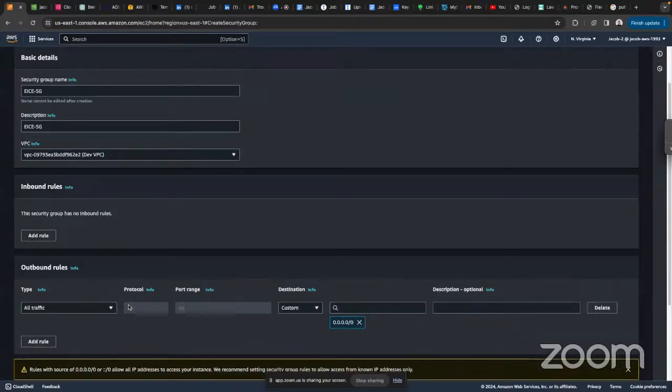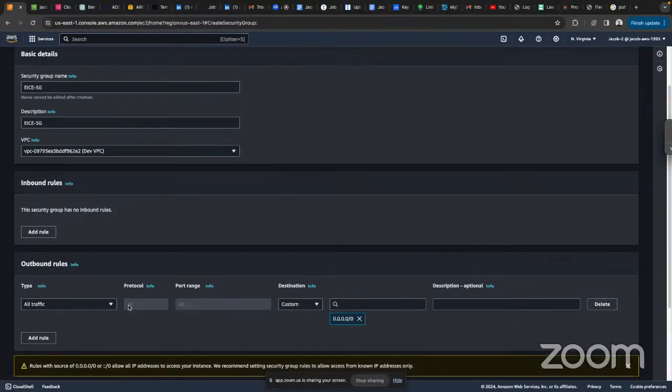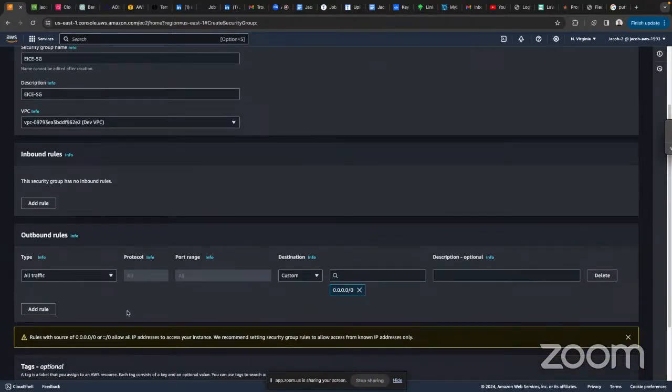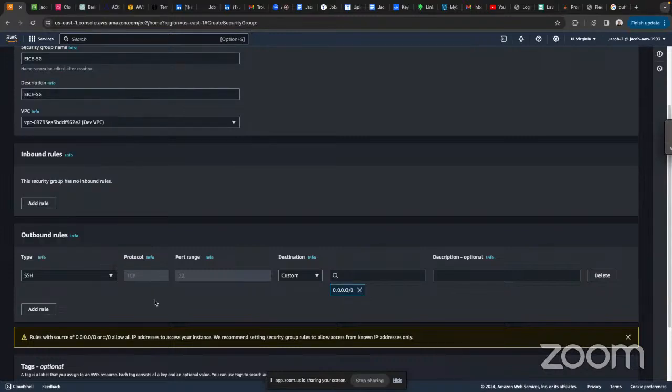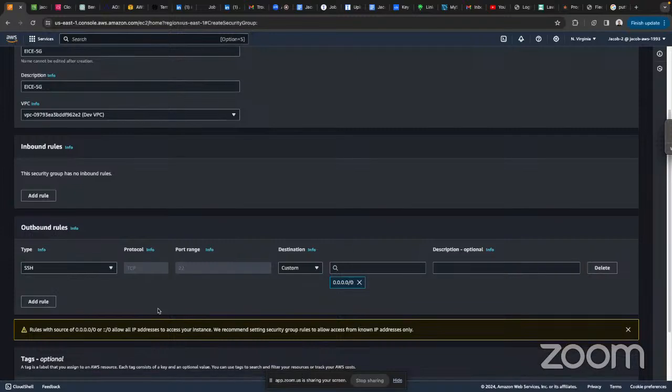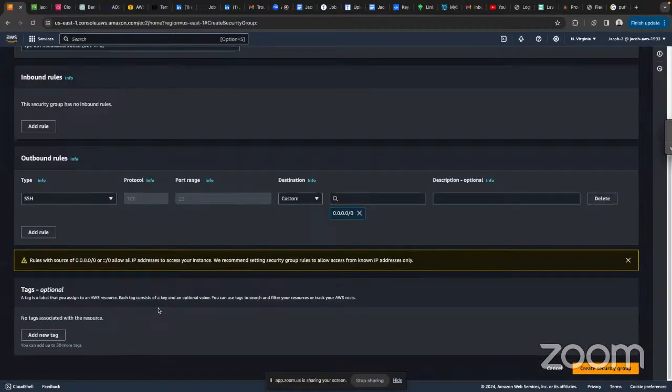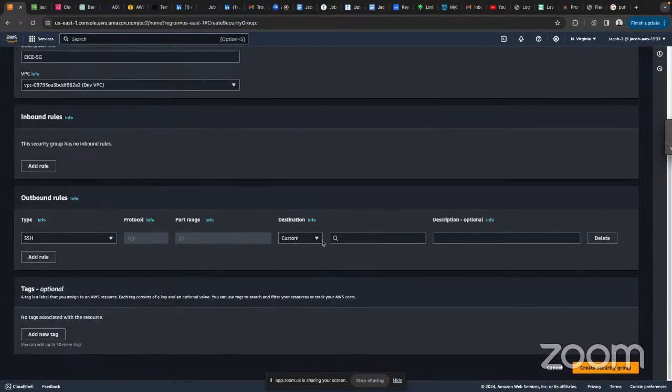Then for the inbound rules, we are not going to add any rule, but for the outbound rule, under outbound, select the drop down there. Under outbound rule, yeah, select SSH. Then under destination, that is going to be the CIDR block of your VPC. So remove the 0.0 and